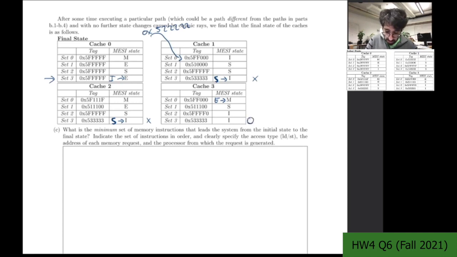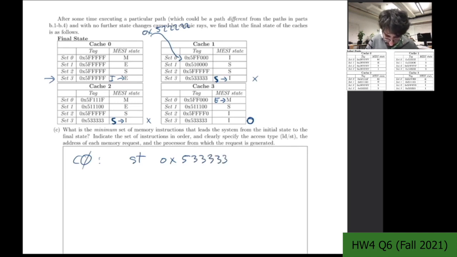In cache 3, we don't need to modify set 3. So let's use cache 0. To invalidate set 3 in caches 1 and 2, we have to store to the same cache line that is in cache 1 and cache 2 in set 3. So we store